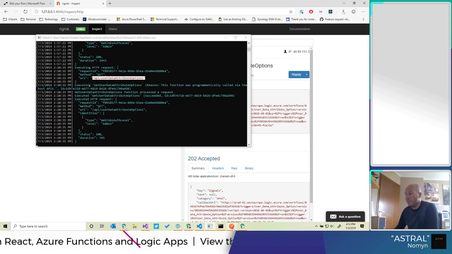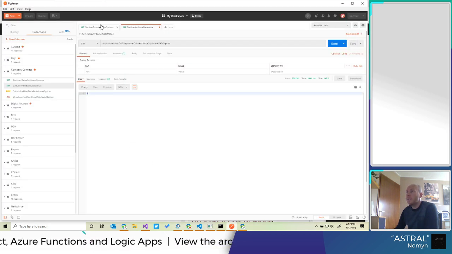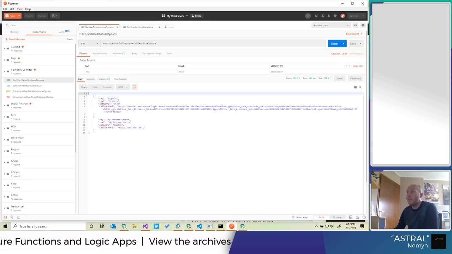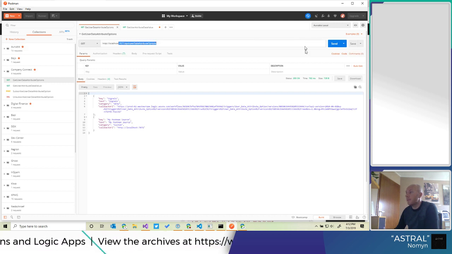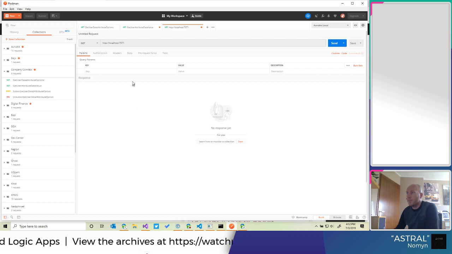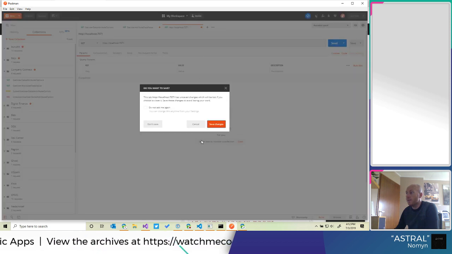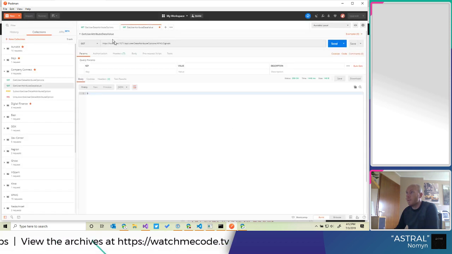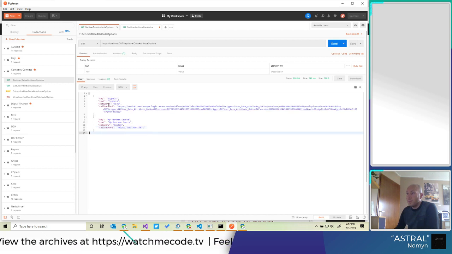If we do that, for example, from Postman, and do the same query, so a GET on this endpoint, it returns two options with a description, category, and a callback URL.